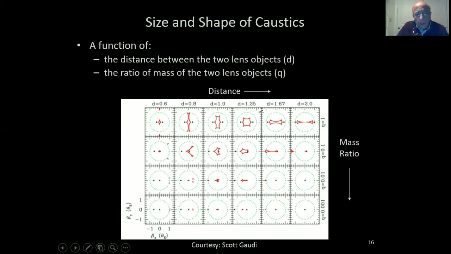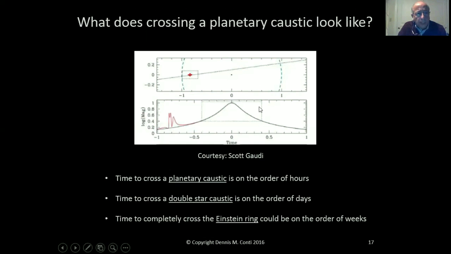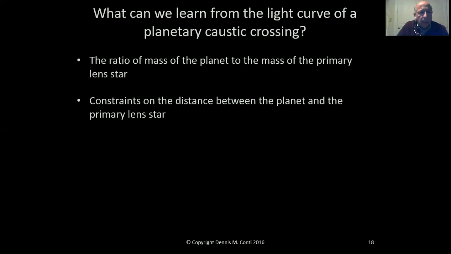Now, again, it's all relative. So we're not saying we're getting the mass of the planet. We're getting the ratio of the mass of the planet to the mass of the primary star. So what good does that do us as far as coming up with the mass of the planet? Well,